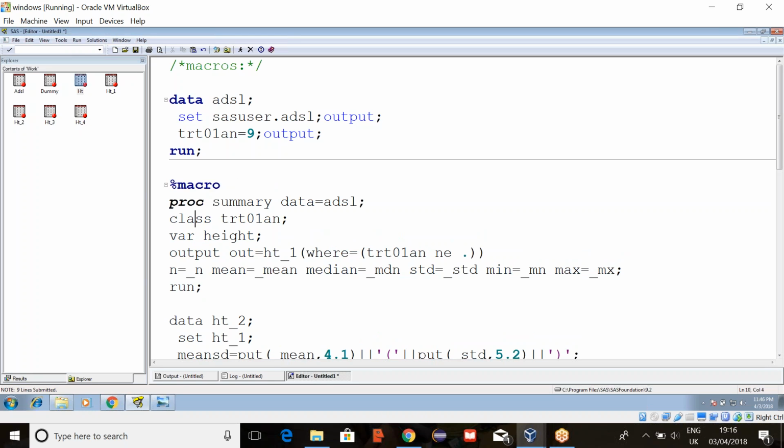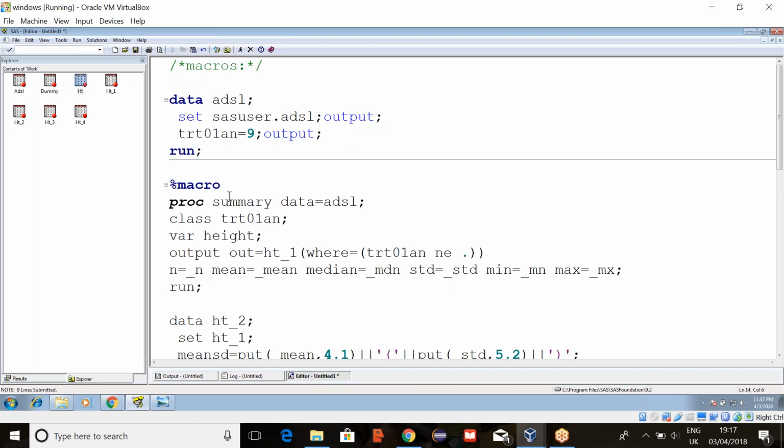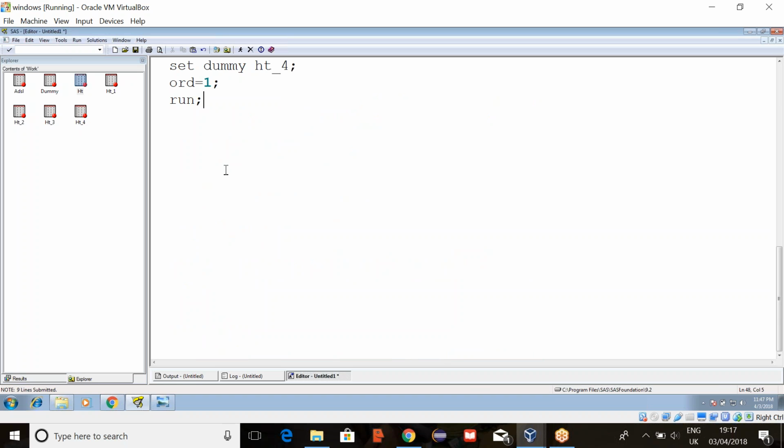Because if you start with %macro and there are any errors, you can't identify them with the color change. Everything will be black. So first write your code. If you are confident enough, you can start with %macro. So %macro, just give one name, table, and let's see the macro variables. And close with %mend.